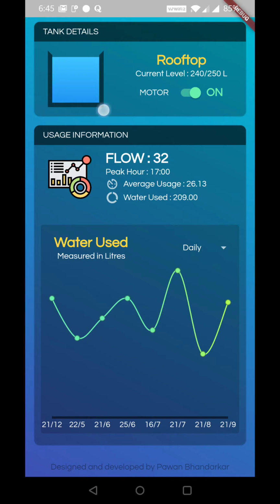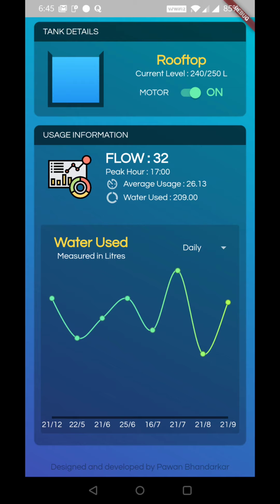And this thing that you see over here, this little container, it's not a static image, it's an interactive icon, and the amount of water that you see is an indication of the actual current level of the tank. So right now you can see it's nearly full, that's why it's showing almost full right there.